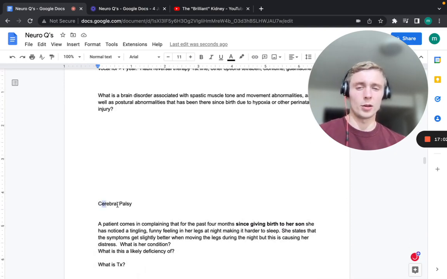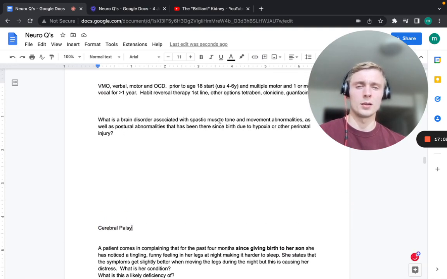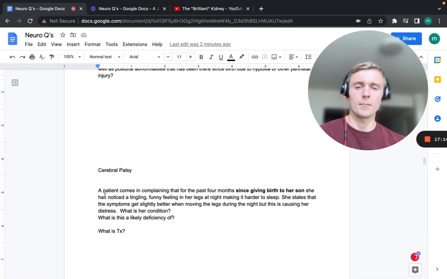So that's going to be cerebral palsy. So cerebral palsy, perinatal hypoxia, and it's going to be muscle tone, very spastic, and movement abnormalities. So next vignette, a patient comes in complaining that for the past 4 months since giving birth to her son,